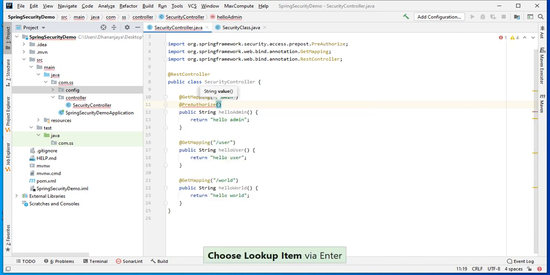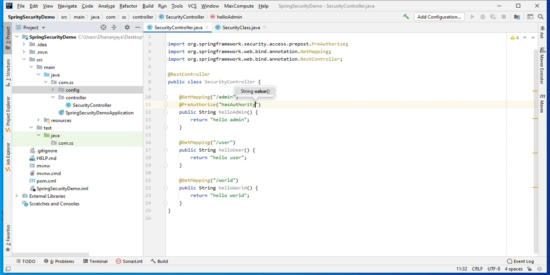Inside this we need to pass the authorization, a regex type of thing we need to pass here. hasAuthority. Okay, hasAuthority of which role has authority here.